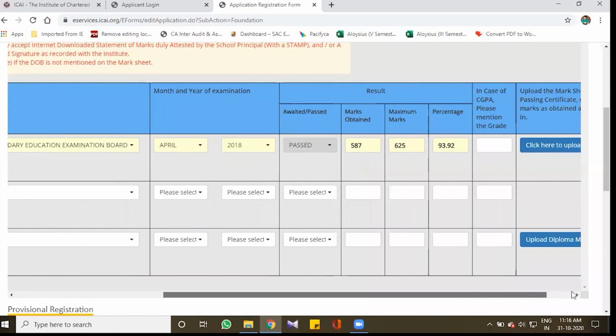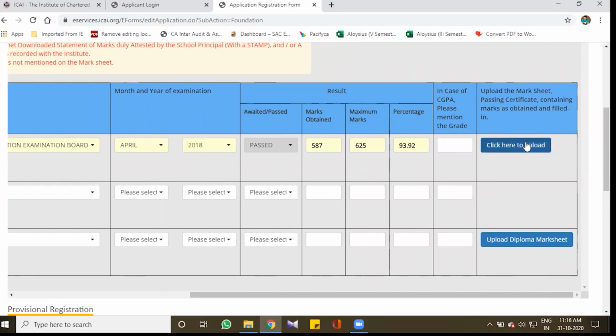So once you type the details, you will have to click here to upload the mark sheet. Now, in case you do have your scanned copies in only PDF format or all the scanned copies in JPG format, you can change it to PDF or JPG respectively by using the I Love PDF tools. For that, you will have to visit the official site of I Love PDF. Here with me, I have it ready, so I'm going to directly upload it. But before uploading, check the size of the PDF or JPG.